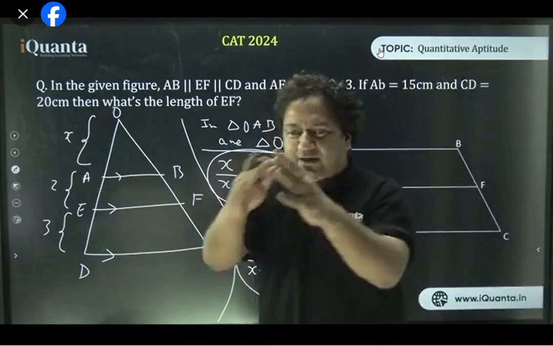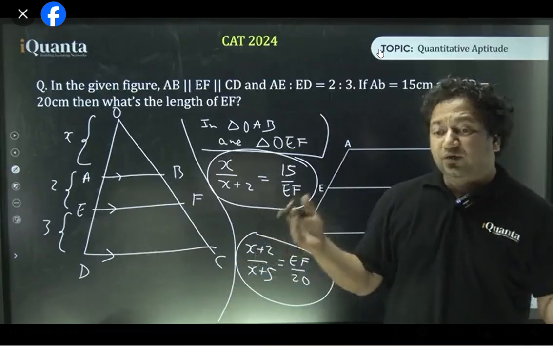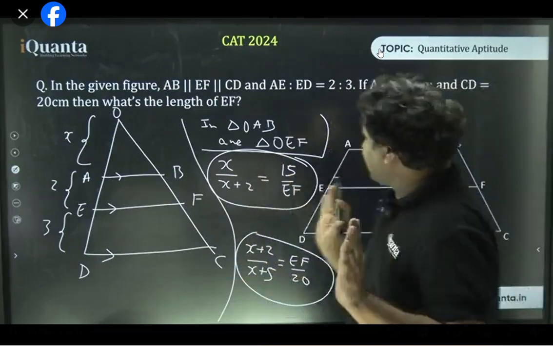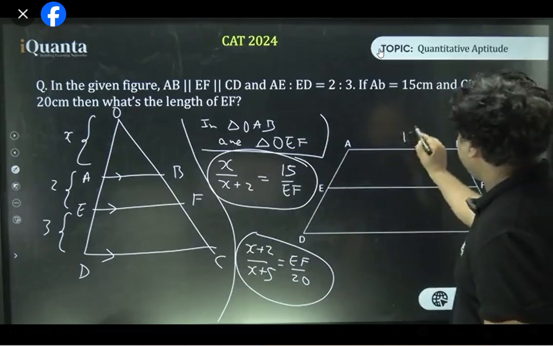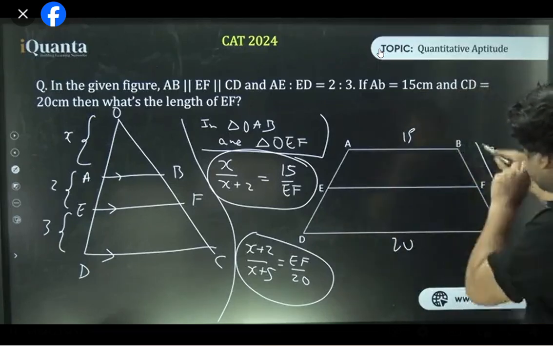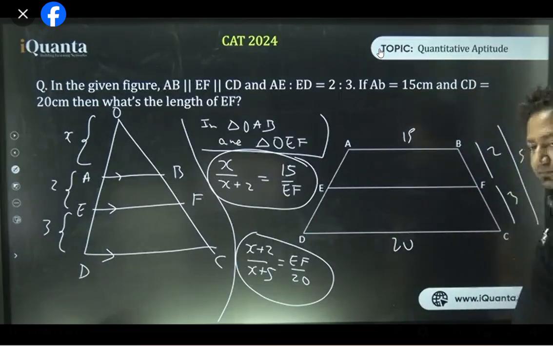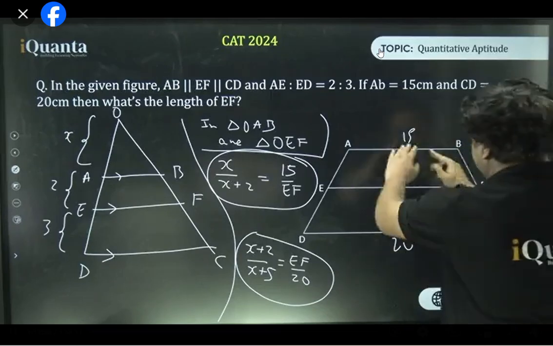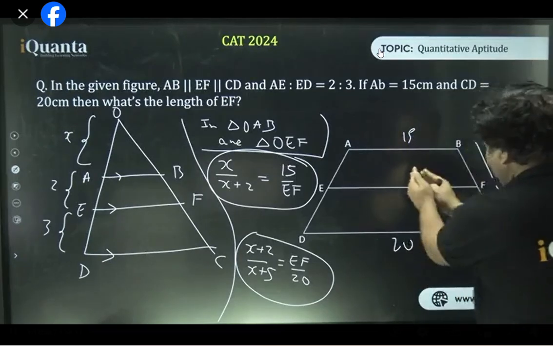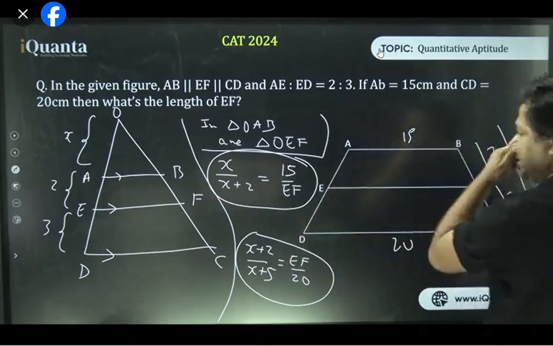The way things are elongated or contracted in a closed figure, in the same way everything contracts or elongates the same way. So see, this is 15, this is 20, and this is 2, this is 2, and this is 3, which this is 2, and this whole is 5. So, you're getting it? The elongation from 15 to this, it's 2 in terms of ratios. From here, it becomes 3 in terms of ratios.